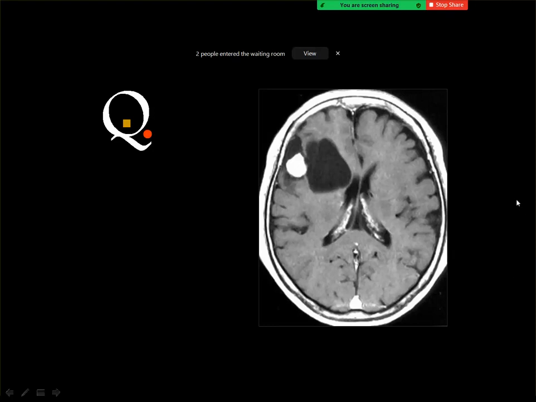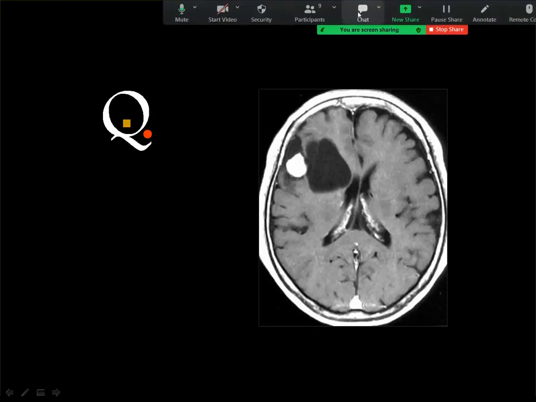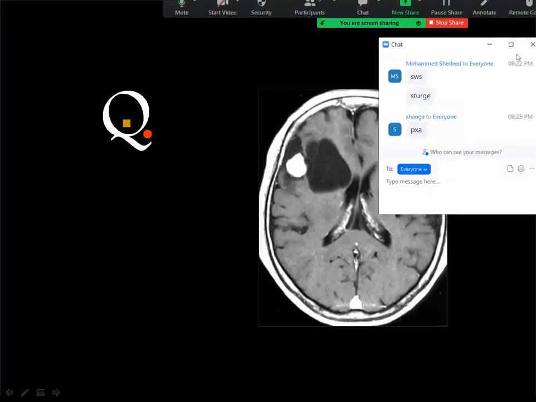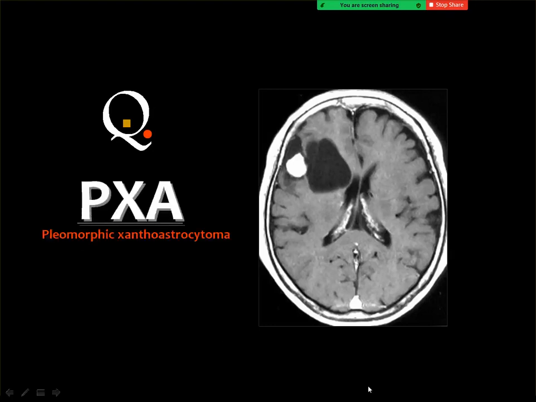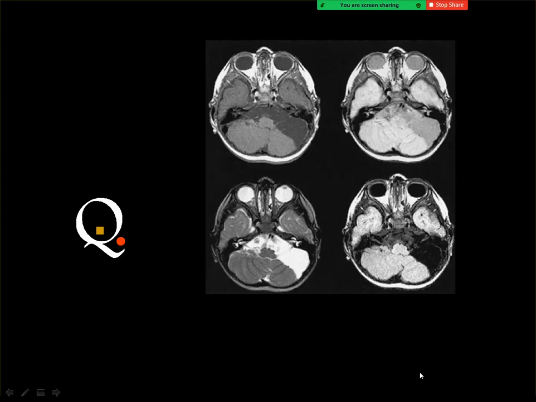Next case. Yes, and this is BXA or pleomorphic xanthoastrocytoma. It is a cyst with an enhancing mural nodule in the supratentorial area, and the nodule is superficially located near the surface of the brain, diagnostic of pleomorphic xanthoastrocytoma. Next case,